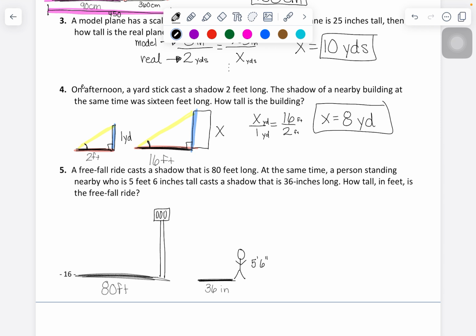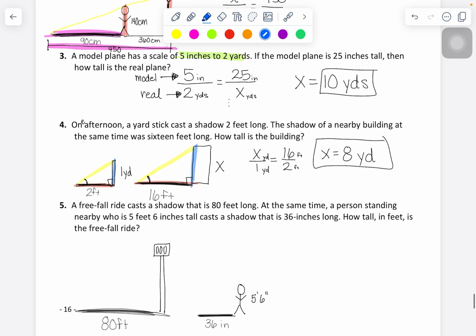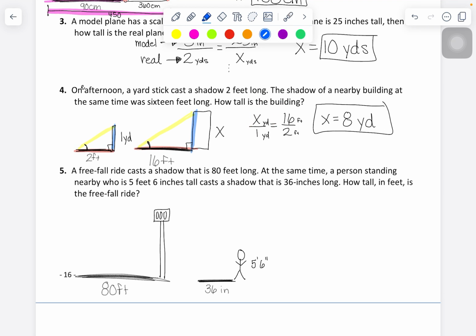Furthermore, when we make our proportion, as I mentioned earlier, either you have to have the situation where both of the top measurements have the same unit and the bottoms have the same unit, or each fraction has the same unit. If I look at this picture right now, my shadows generally correspond and my height of my items correspond. That's what I'm looking for, by the way. My shadows do not